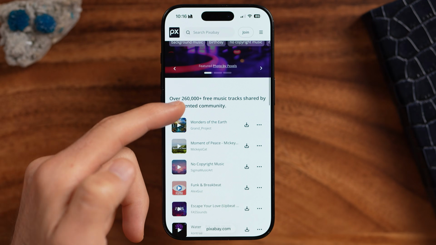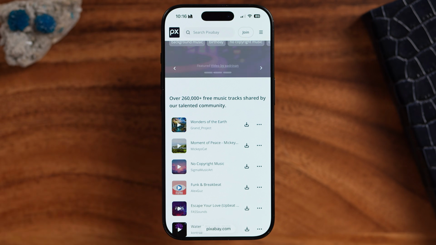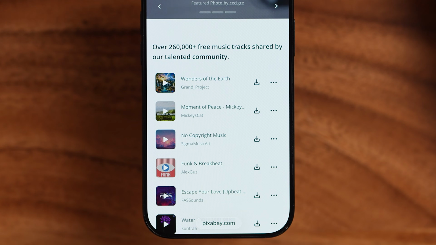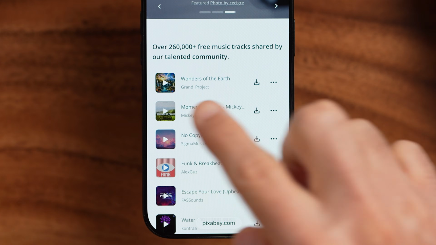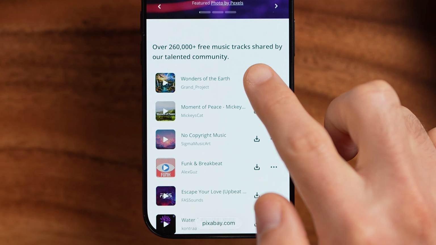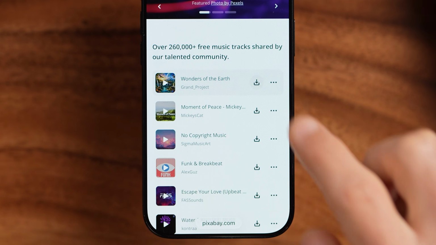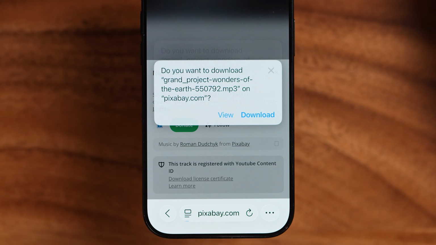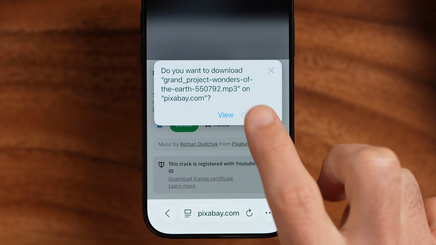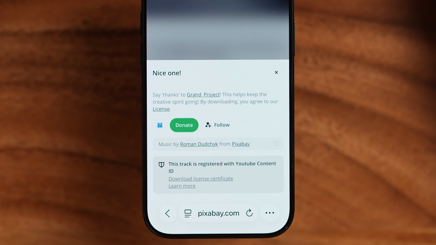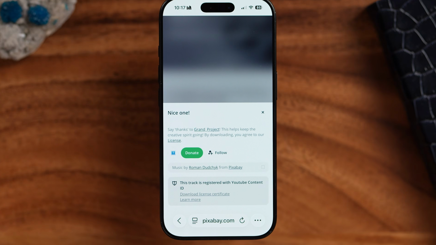And now all you need to do is go through here. You can see 260,000 options you have to download songs to your phone. So whenever you tap the play button and you like a song, just tap on the download button here a couple times and choose download. So essentially what you're going to do is download this song to your phone,